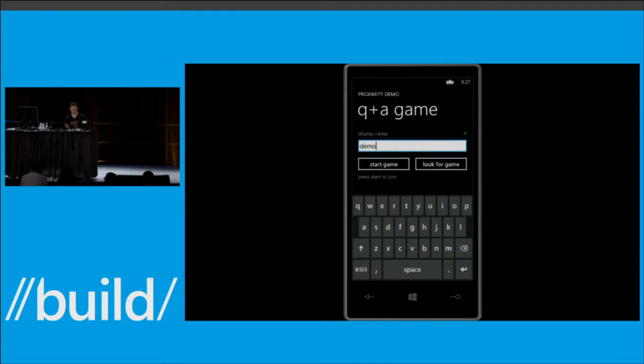So what they're going to do is pretend to be clients looking for games. If I go back to my phone here, I'm going to press start. And I see a bunch of different phones here. I see Bill G. I don't think he's here. I see Nora. I see Demo. And presumably I'll get Sean's in a second. But now I get to pick, of all the people around me, which one I want to play with. So let's say I want to play with Nora. I click Go. Now, Nora, you should be able to see my name. And if you click me and then click Go,